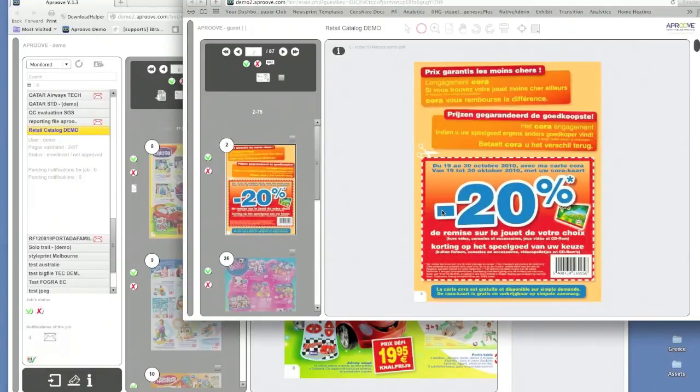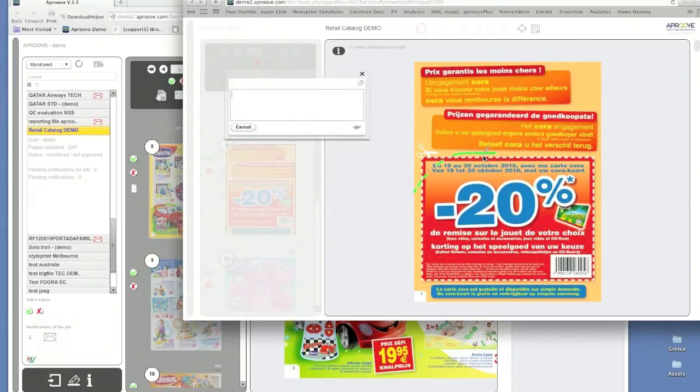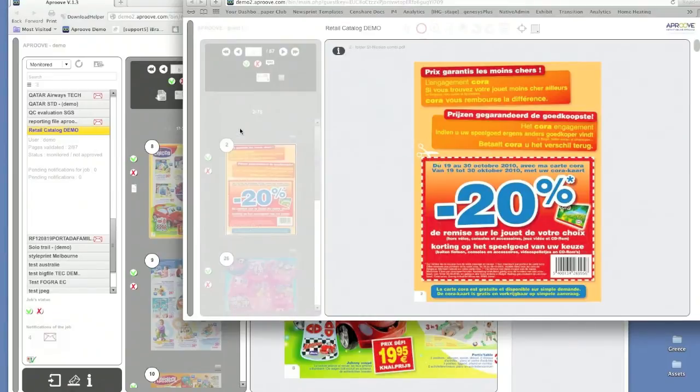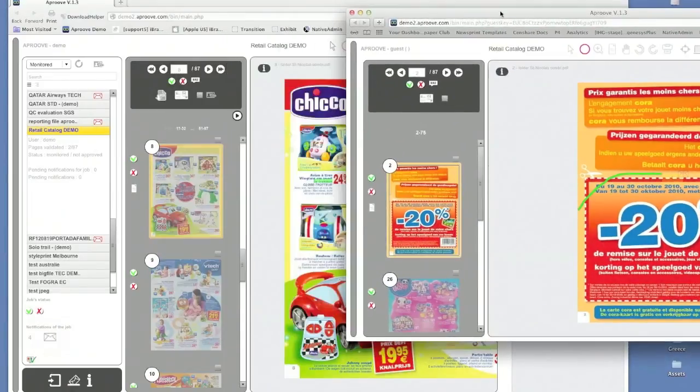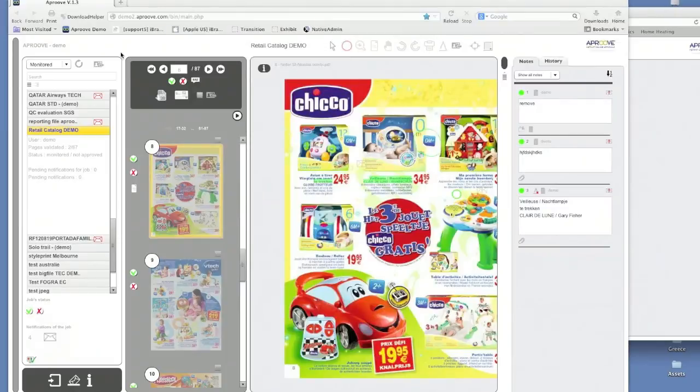So let's go to page 2. I'm going to make a comment on that. I'm going to circle this, and I'm going to say make 10% and validate. Now you'll notice, let me go back to this view over here